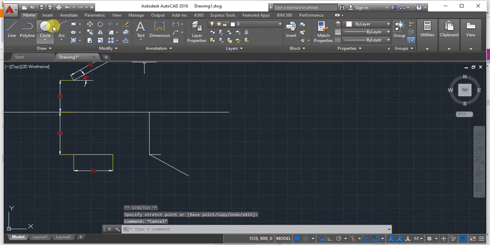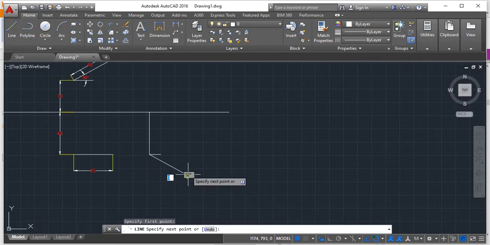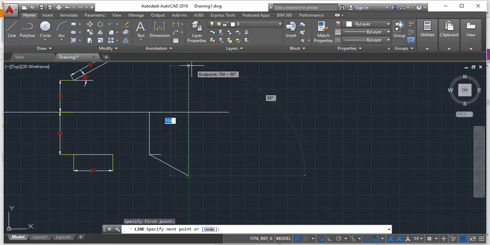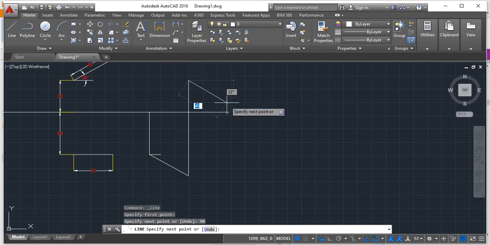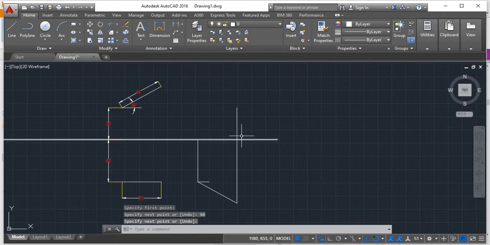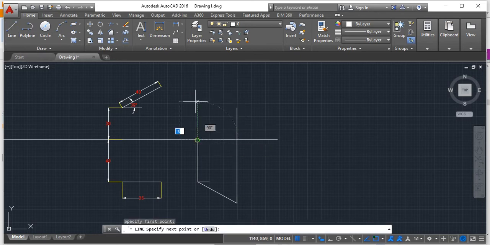Similarly, project this point upwards with a 90-degree projection, followed by 90. Now since this distance is 40 mm above, just make a line of 40, then tab of 90.